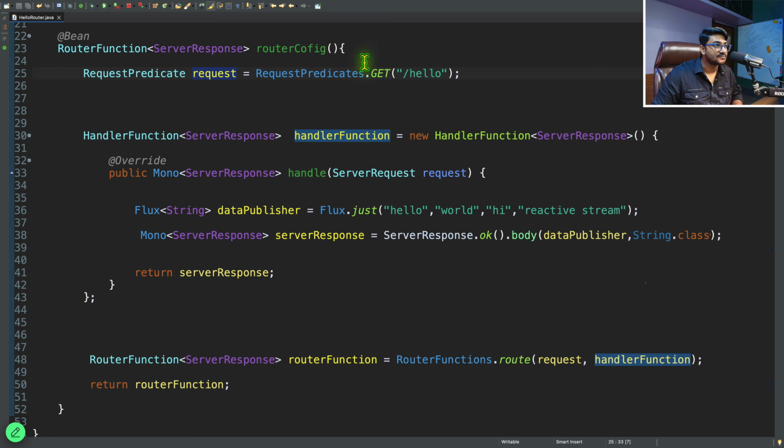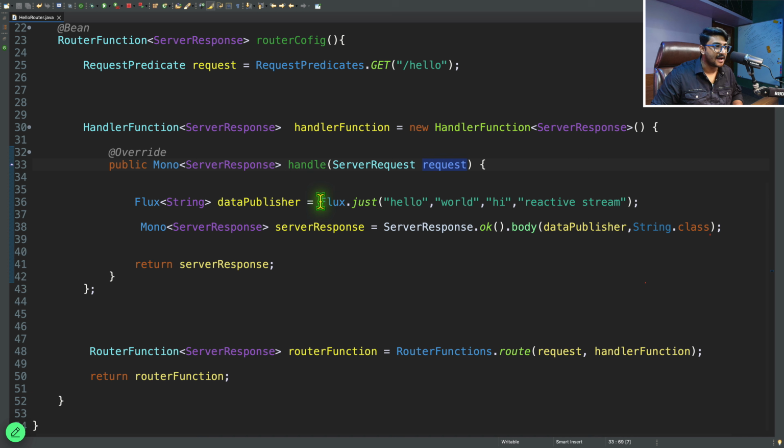Whenever the request comes, which is get, okay, RequestPredicates is the method. There is a get method inside it. I'm giving the request like this, and I'm putting the request over here. Whenever this request comes, this handler function will do what? It will take the request, and I'm just doing something over here. You can do whatever things. You can build a string, build an integer, whatever you are doing over here, and you are building your publisher,